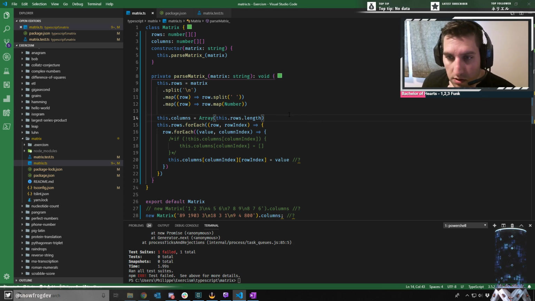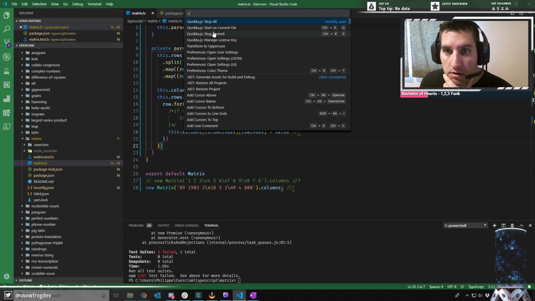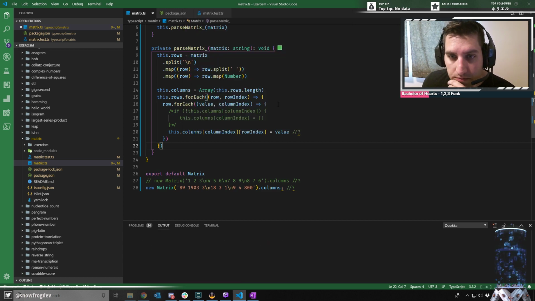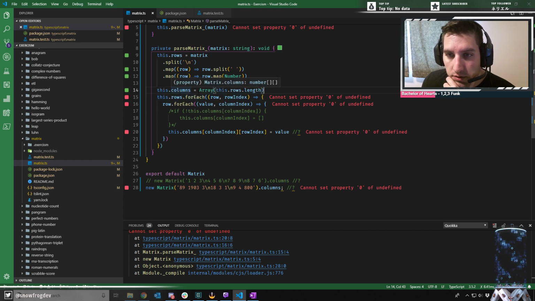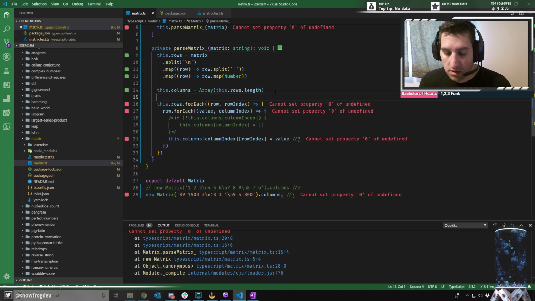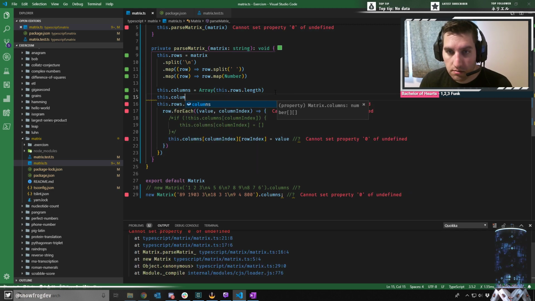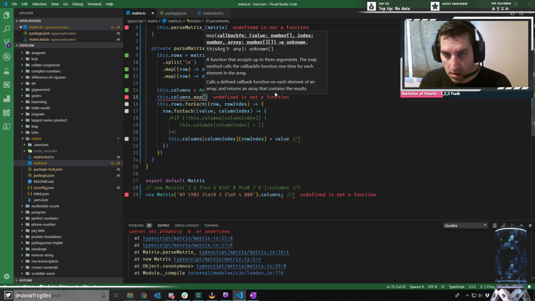Let me think about this for a sec here. Let's also run Quokka. Okay, so we've got columns, which is an array of, okay, and if I were to do this to columns, dot map, right? Well, each map,